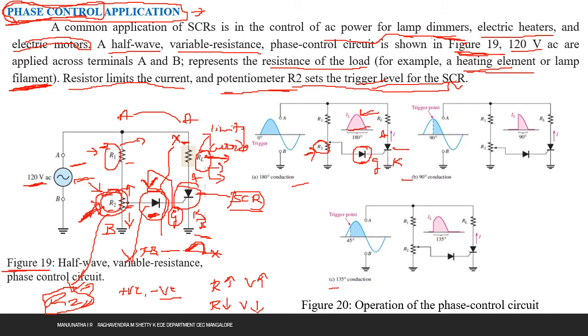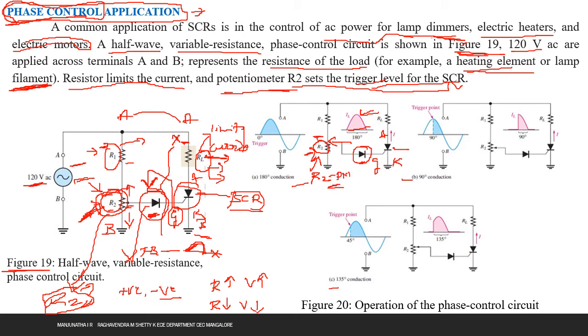Now just observe the position of this arrow mark. It is at the top of R2. So the resistance offered by this R2 from the potentiometer